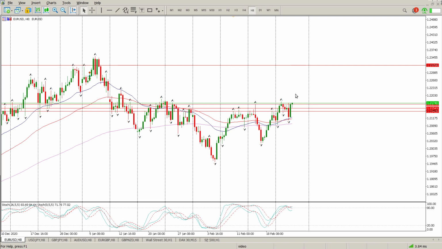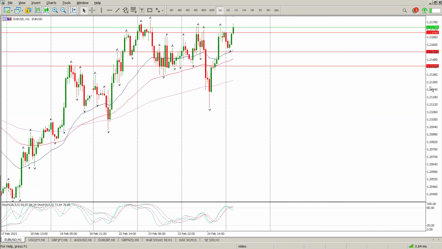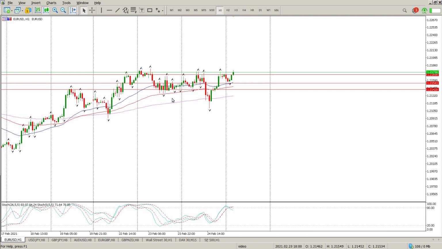We have a big inverse head and shoulders here. And the level that we're at the moment, which is pretty much 121,700, is the one that we need to pay attention to today. There you can see another inverse head and shoulders, a smaller one: shoulder, head, shoulder. So what we're looking for,